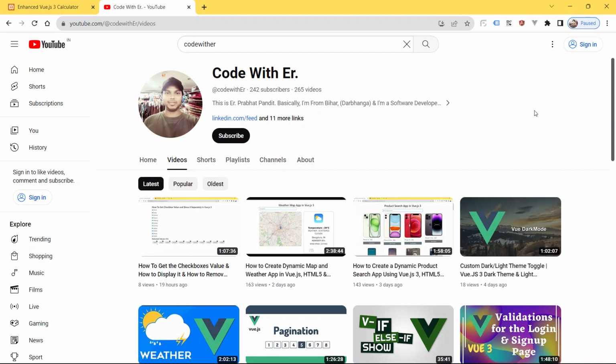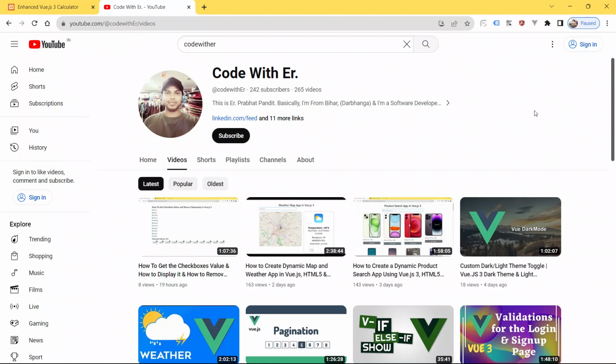Today we are gonna learn how to create an advanced calculator using Vue.js 3. Today in this session, we are gonna learn how to create an advanced calculator using HTML, CSS and Vue.js 3 as well.